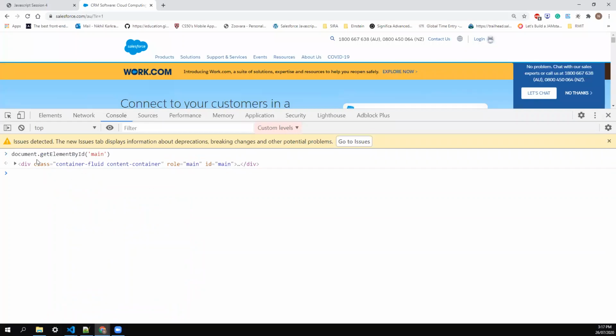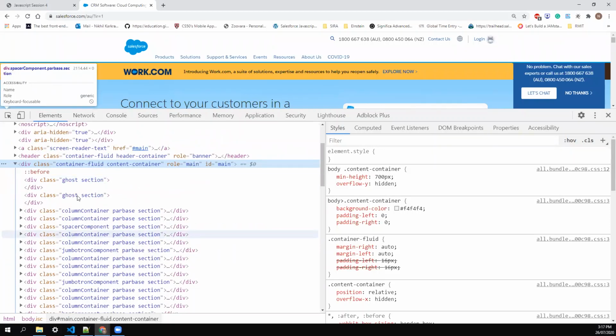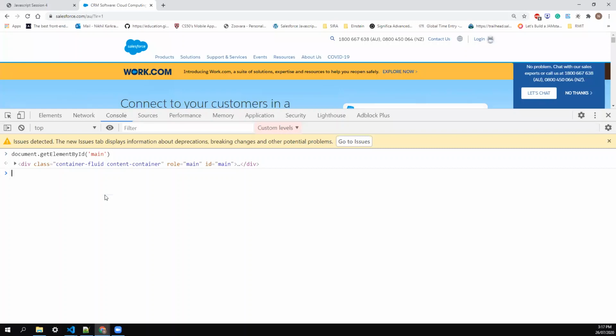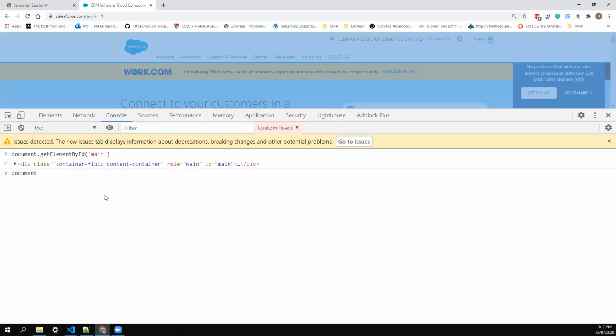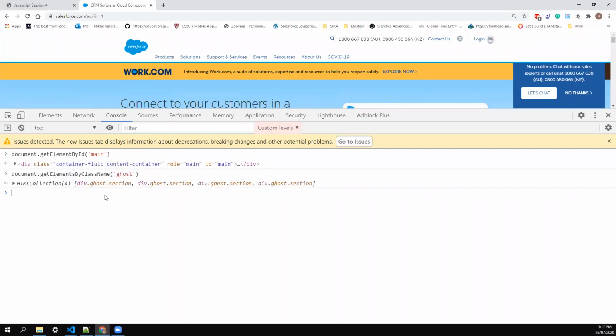Then there was another way we can go to our element and see which class I want to fetch. I want the class ghost to be fetched. In the traditional way, we were using document.getElementsByClassName. Here it's elements because a class can be many. So get elements by class name, pass the class name. It returns all the elements that are using this particular class, ghost. So there are 4 elements using the ghost class.